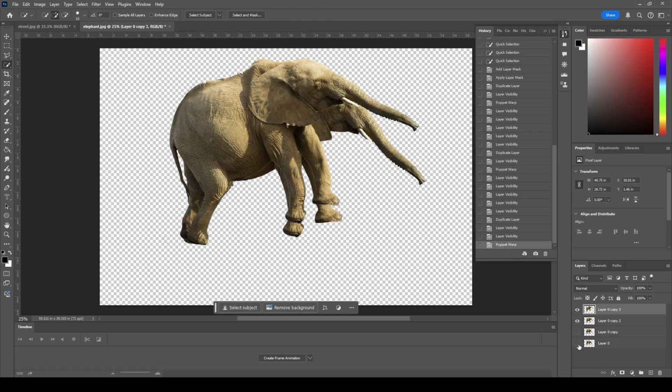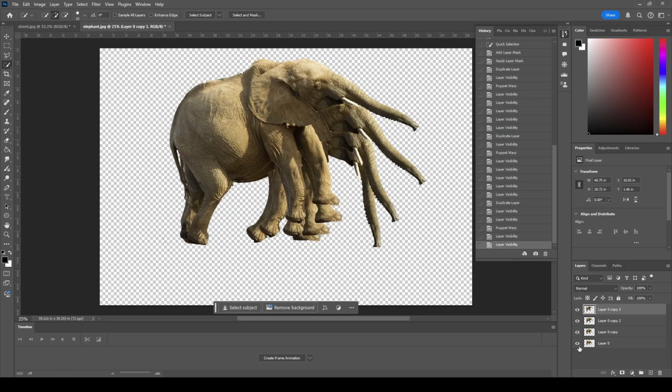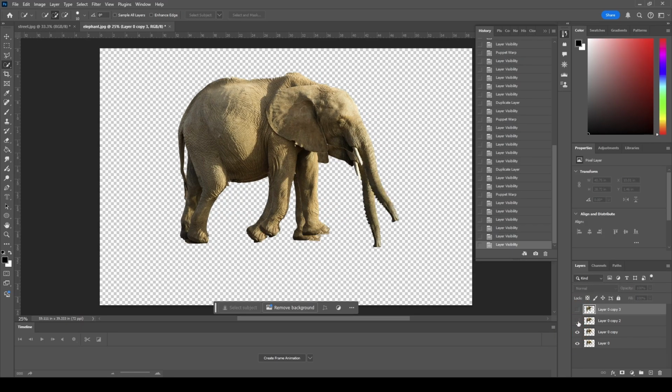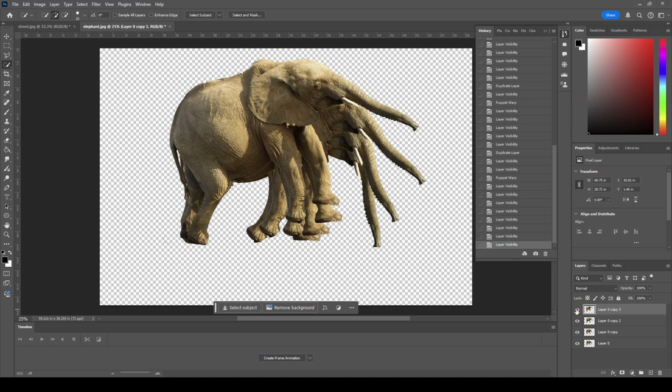So far, we have these four. So this, this, this, and then this. You can continue going. I'm just gonna end it right here just to speed this tutorial up. So in my animation, the elephant is gonna stand up for a little bit, for like a split second,